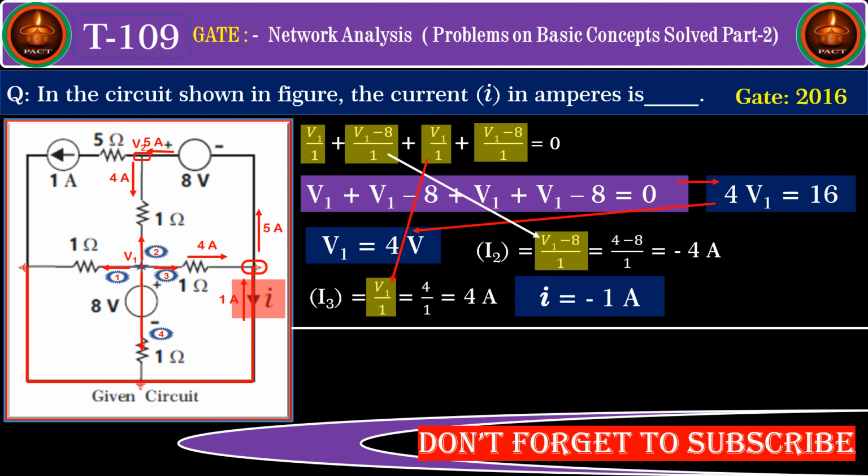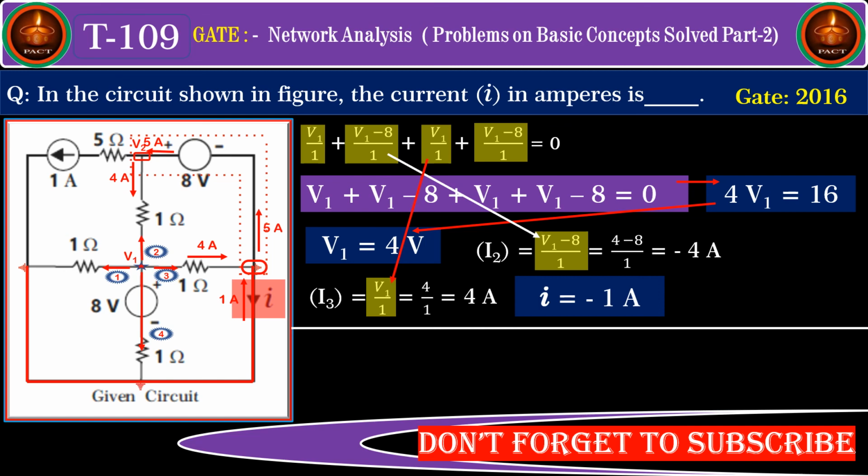Now I will show you how to solve using the supernode concept. This is the supernode concept that you have assumed. And you know that when you write the balance equation for the supernode, all the branch currents connected to that supernode will flow away from the junction node. This is a basic concept that you have to understand and remember.